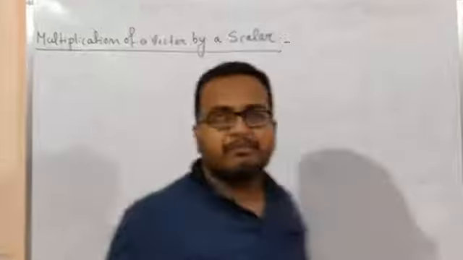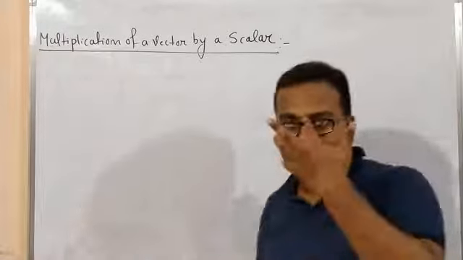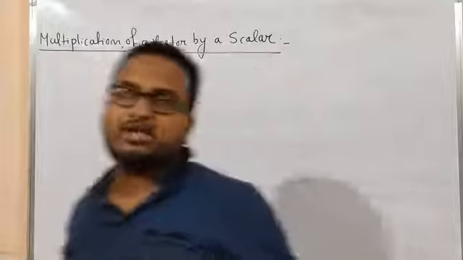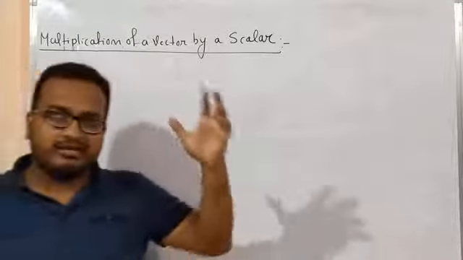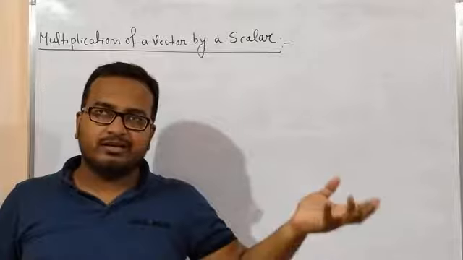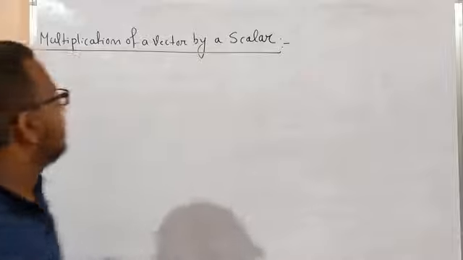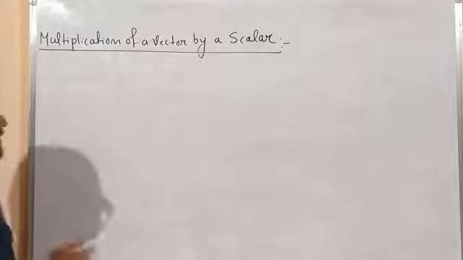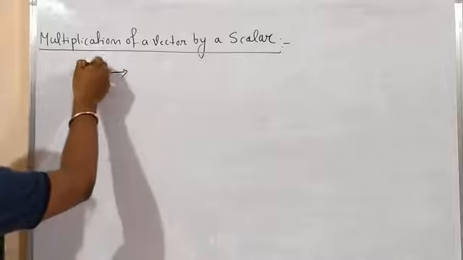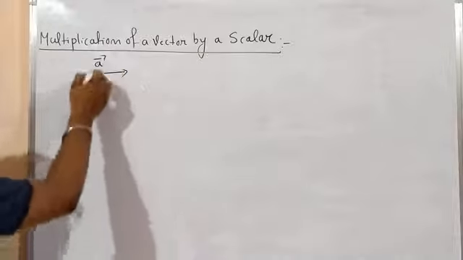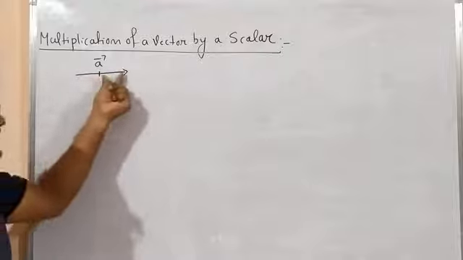This is our next topic, multiplication of a vector by a scalar. तो इसका मतलब क्या होता है? हम लोगों ने मैट्रिक्स भी पढ़ा है, multiplication of a matrix by a scalar, isn't it? So in case of vectors also, we can multiply any scalar with a given vector. Okay? So what is the meaning of this basically? In mathematics, we used to represent a vector by this type of arrow, right? So suppose this is my A vector, and suppose this is 2 units, so 2 parts are there. This is 1 unit and this is another unit.